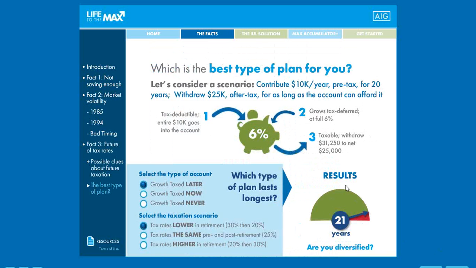Well, what if they have this same type of account, their IRA, their 401k, and tax rates are actually the same? They're not in a lower tax bracket. Oh, now we lose a few years off of our retirement plan. And what if, as we've just shown, taxes go up because we've got to pay for that national debt at some point in time? Now we're down to 16 years. We've lost some time off of that